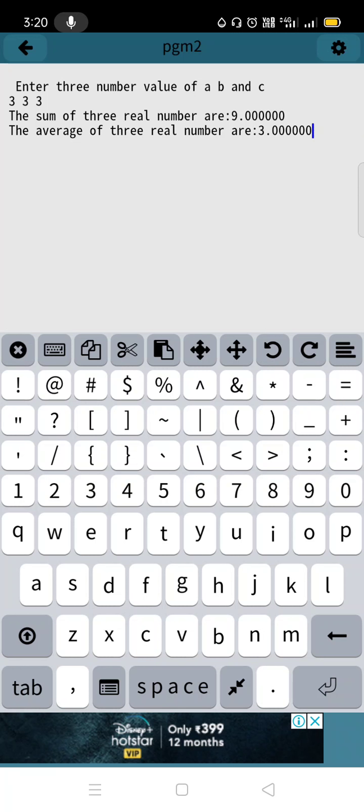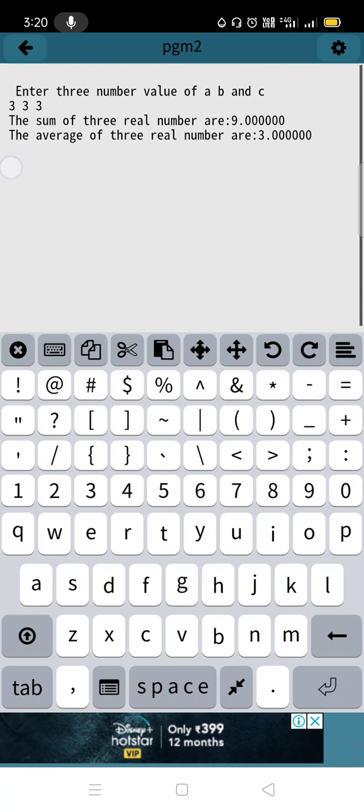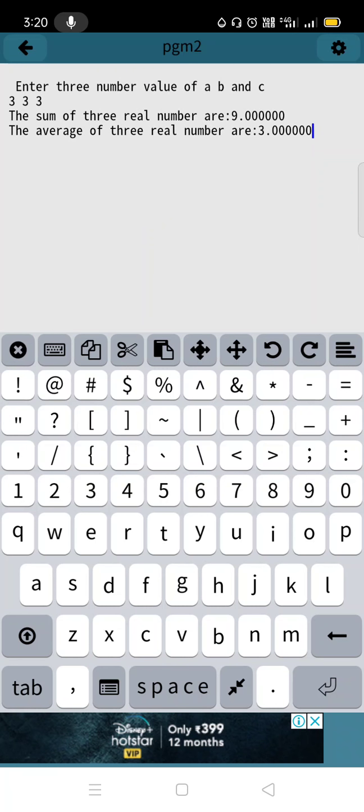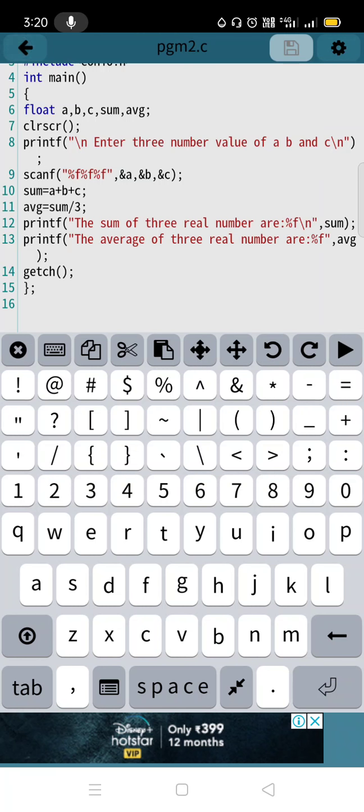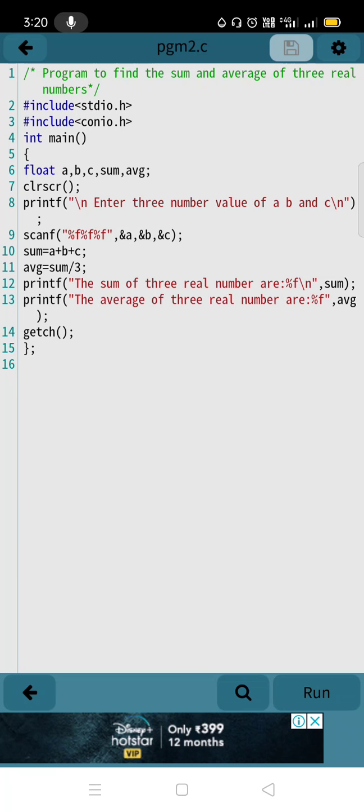Now see, the average of three real numbers are 3 is coming down on the next line. How is it coming? I took /n after this line, so the answer comes down.